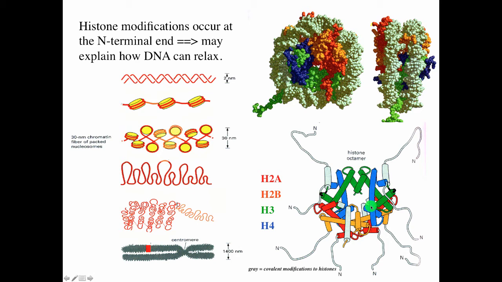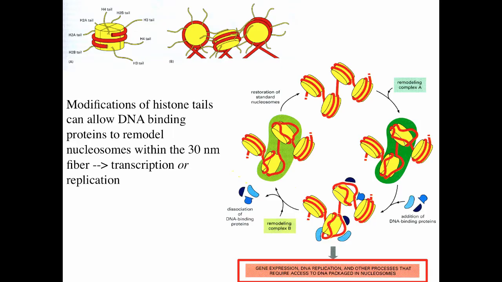As you understand, DNA can wrap around this histone octamer, and that wrapping of DNA may be influenced by how the histone tails might be modified. And so you might imagine that modification of the histone tails can allow DNA binding proteins to remodel the nucleosomes within the 30 nanometer fiber, and that may be very important as one considers molecular genetic processes like transcription